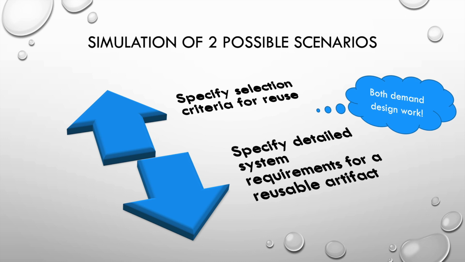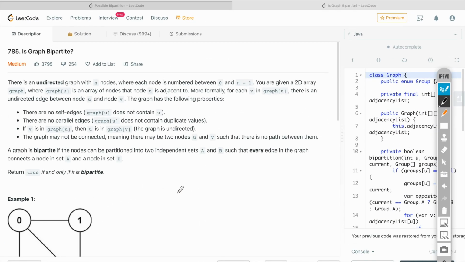All of this is the basis of reuse-based software engineering. Now, let me emphasize that there are myriad of reasons why a particular company would select one route over the other. However, such an analysis is out of scope of this video. Our aim here is just to simulate both approaches. So we will proceed with crafting a shared service, in other words, demonstrate the lower route first, and later illuminate the upper direction too. Here is the isGraphBipartite LeetCode problem.